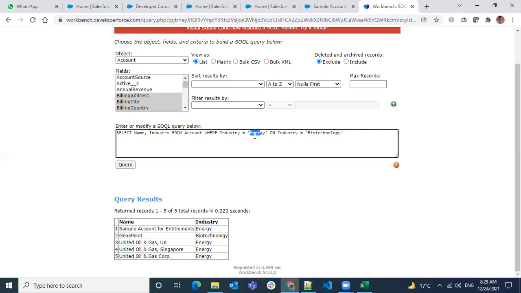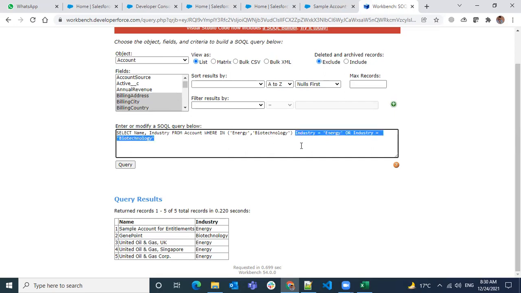Then what we can use here is the operator called the IN operator. So if you know the exact values, then we use either equal to or IN. And in the IN operator, we use comma separated values. So whatever values you have, all will be comma separated in single quotes. Let's say I have energy and biotechnology. Let's say I'm having only 2 values for now.